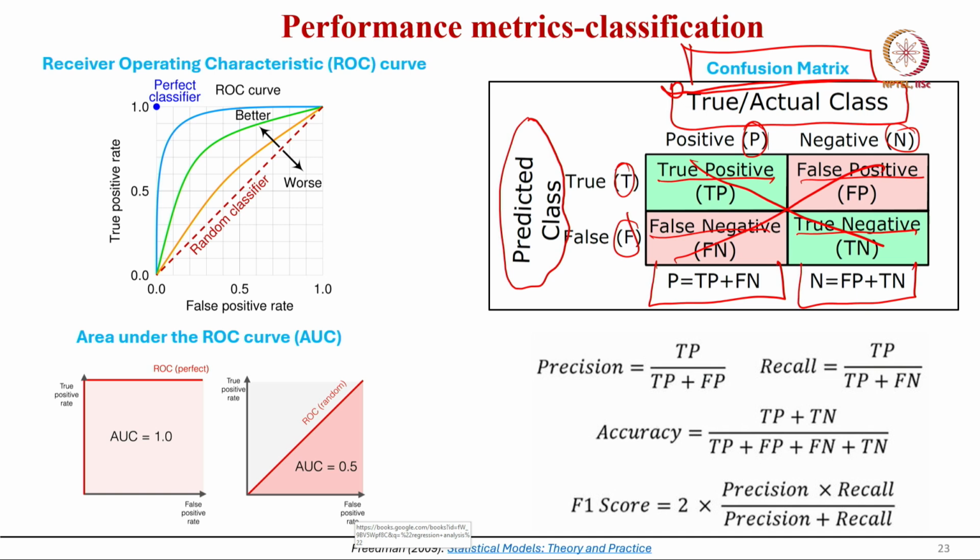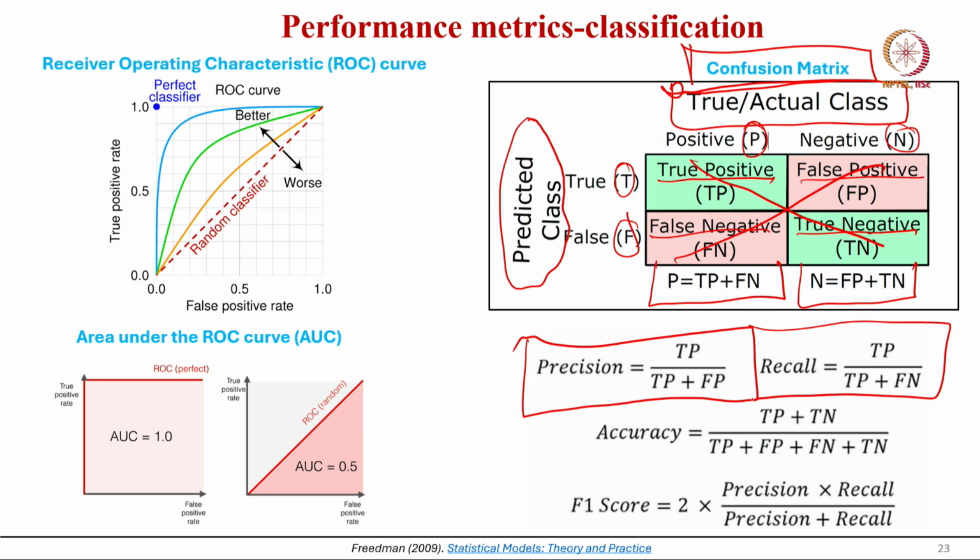So, there are other parameters that we have mentioned. This confusion matrix is one thing. Another parameter that we have mentioned is precision. Precision is true positive divided by true positive plus false positive. Recall is true positive divided by true positive plus false negative. And the third one is accuracy. Accuracy is true positive and true negative, their additive values, divided by the sum total of all other values that are used to describe this particular matrix.